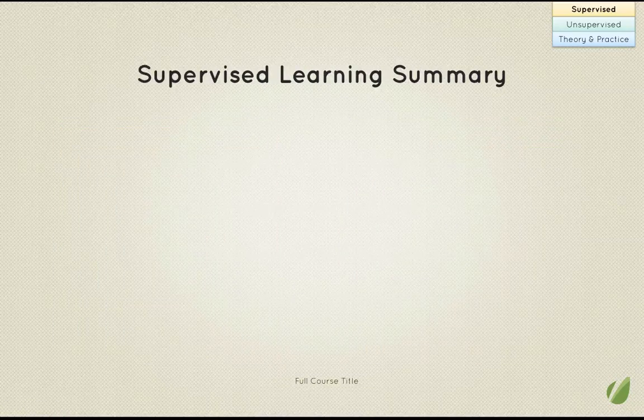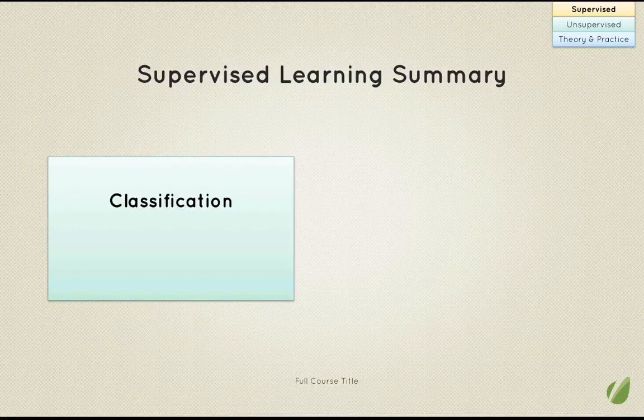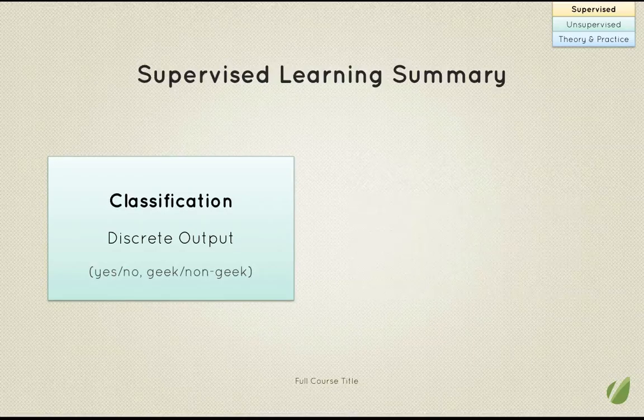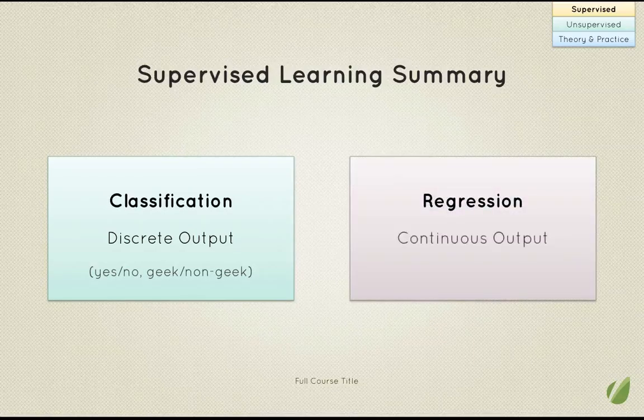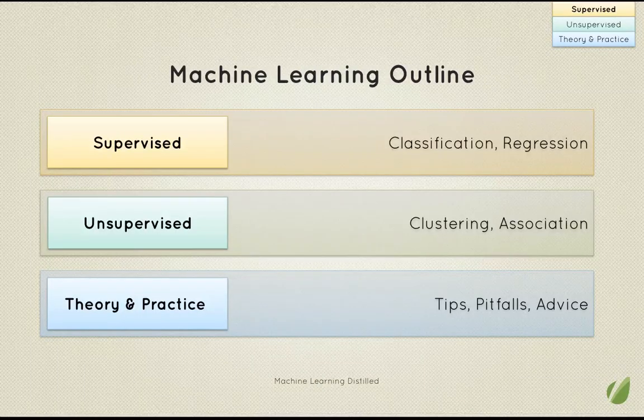To summarize, we've seen the 2 types of supervised learning in this lesson. First, we've seen classification, which means the output is discrete, something like yes or no, geek, non-geek. We've also seen regression, which means that the output is continuous. These could be any real valued outputs. This has been an introduction to supervised learning. We looked at classification and regression. Next time, we'll start digging into some of the